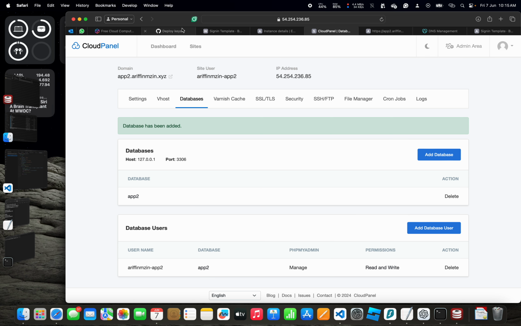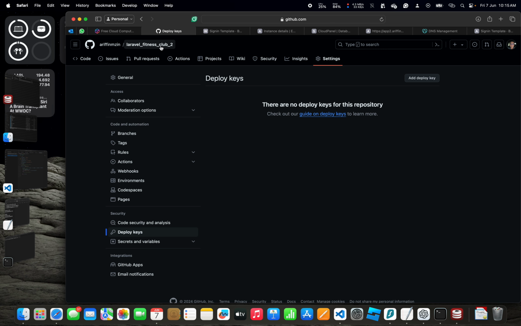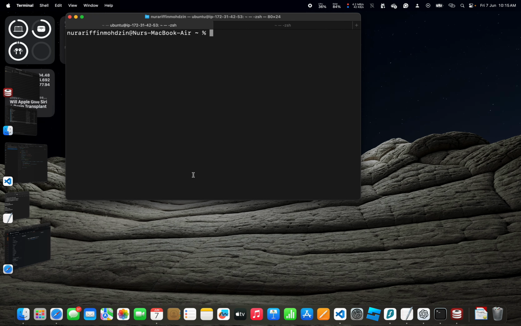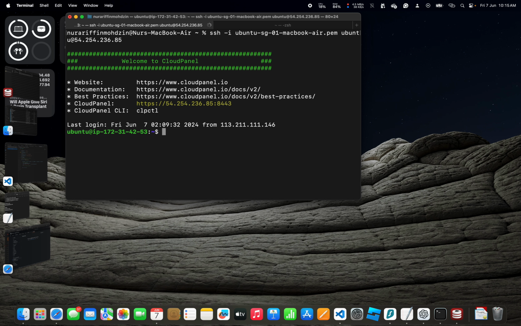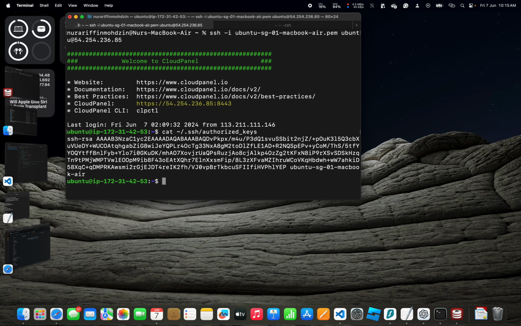Okay, next up we need to create the deployment keys for this repo, and in order to do that we need to log in to our server which has the Ubuntu username. Okay, and then go to this command, authorized keys. Okay, copy this,